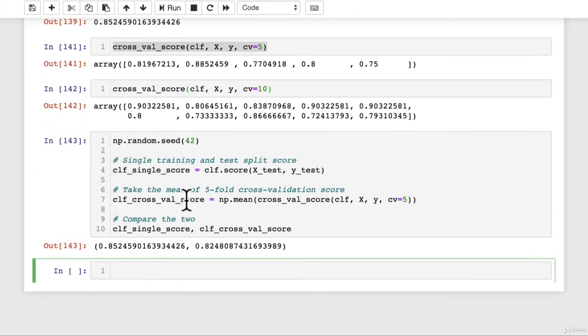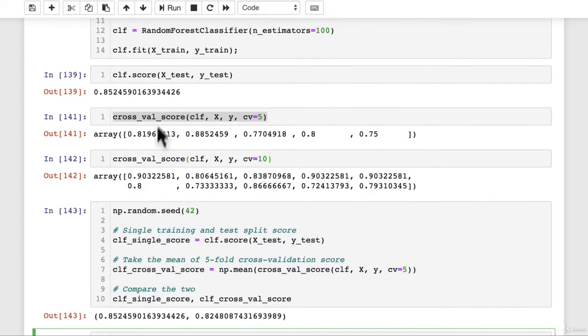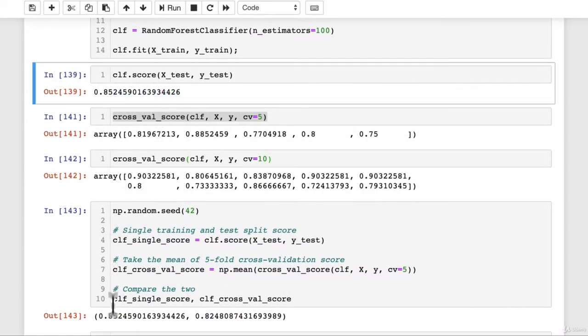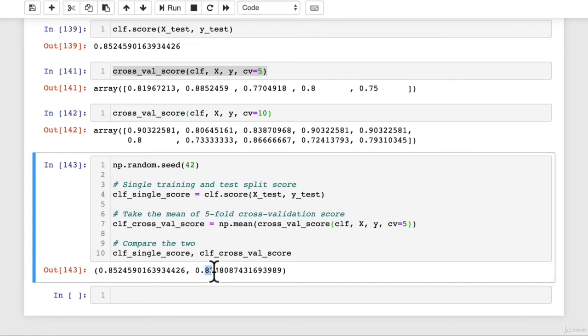Boom. So, what do we see here? Well, in our case, our original single score, which is now down here, is just the exact same number because we're using a random seed, using the same test data. Our single score is 0.85, but when we use cross-validation, when we use 5 splits, because CV equals 5, we get a score of 0.82. So it's slightly lower, but in this case, if you are asked to report the accuracy of your model, even though it is lower, you'd prefer the cross-validation metric